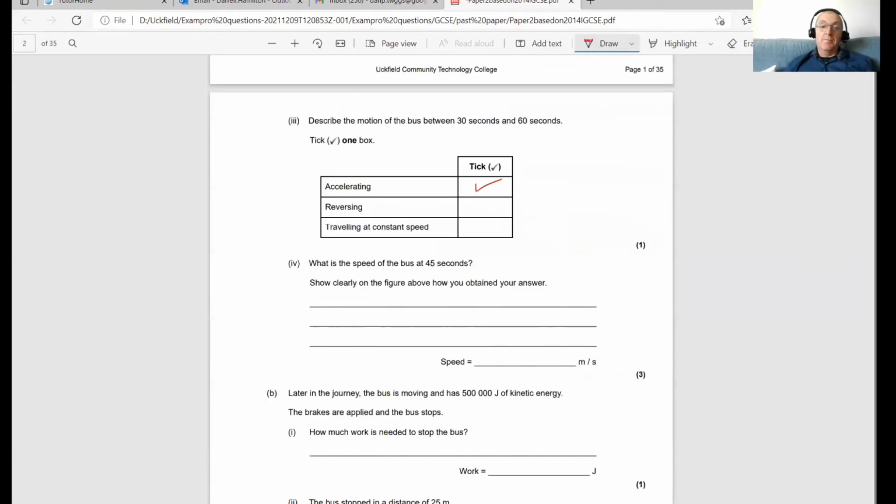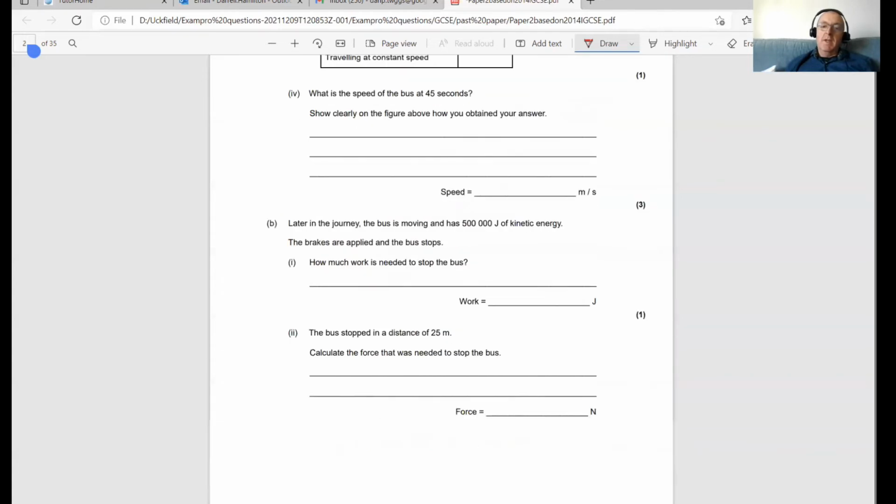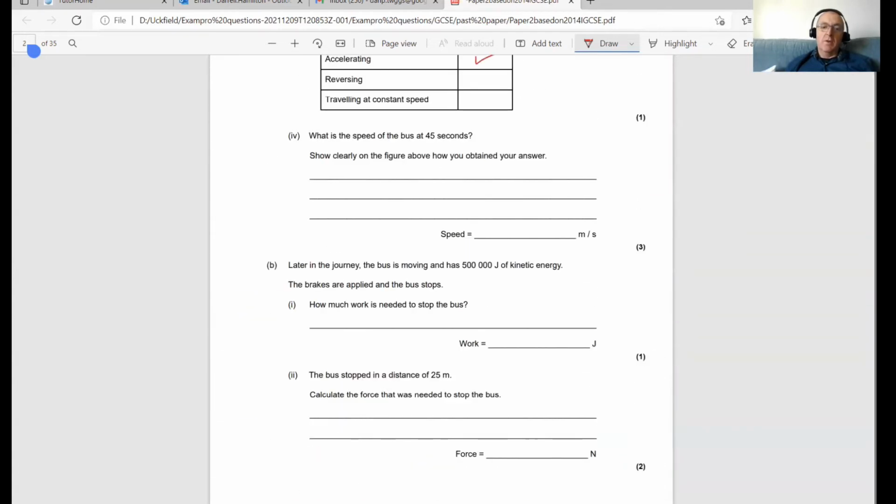So there's our next part answered. Then, what is the speed of the bus at 45 seconds? 45 seconds, that is 1, 2, 3, 4, 5 there. Just check I've got that right. 1, 2, 3, 4, 5. The old eyes are not great. So there we go. There's our 45 seconds. What is the speed? Well, what we have to do here, and I'm not going to be able to do this terribly well, freehand, what you need to do to get the speed at 45 seconds, gone a bit too far,